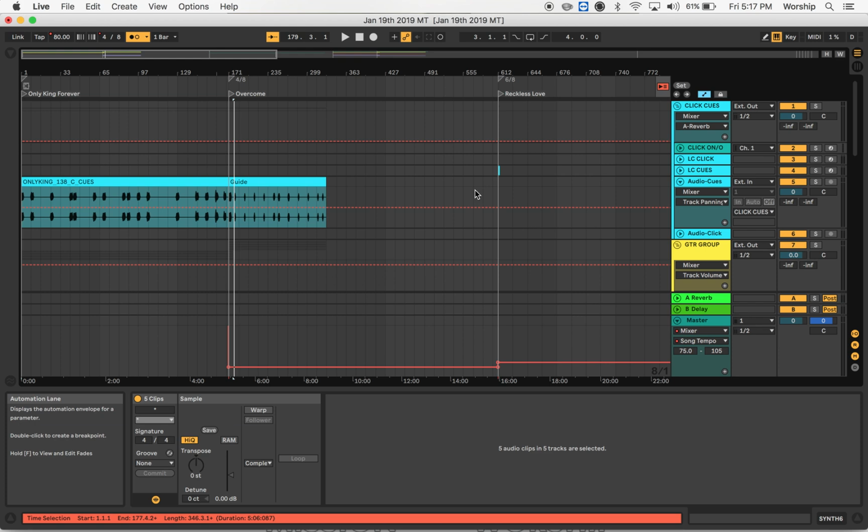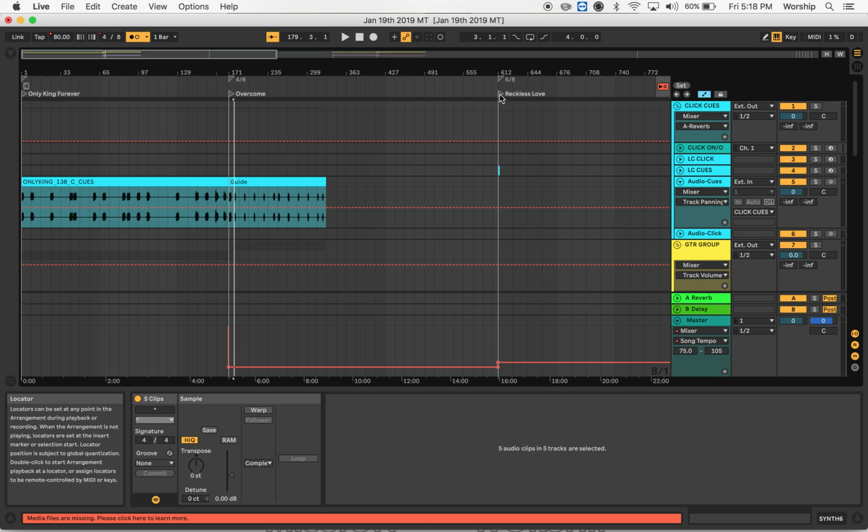I think 80 beats per minute is a good tempo. So we might even, once we get to the end of Overcome, just keep playing that and let the click keep running until we get to Reckless Love, and then have that change the key.